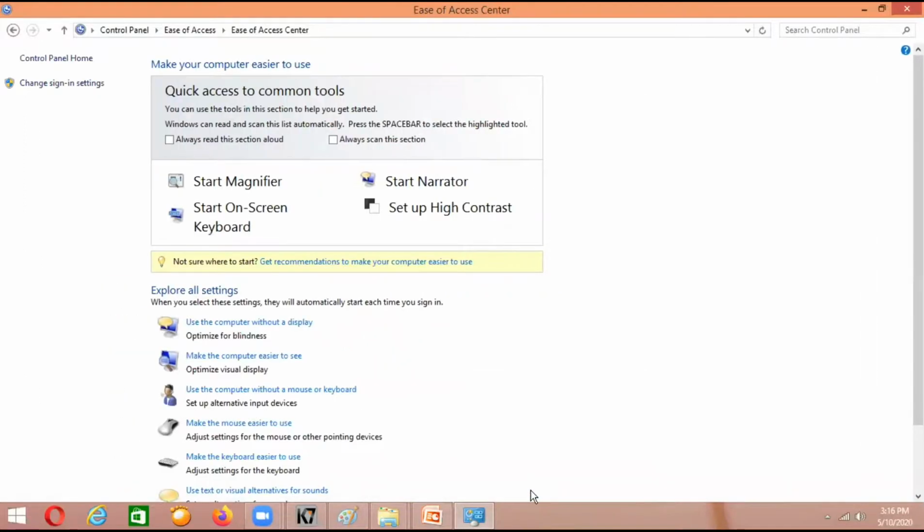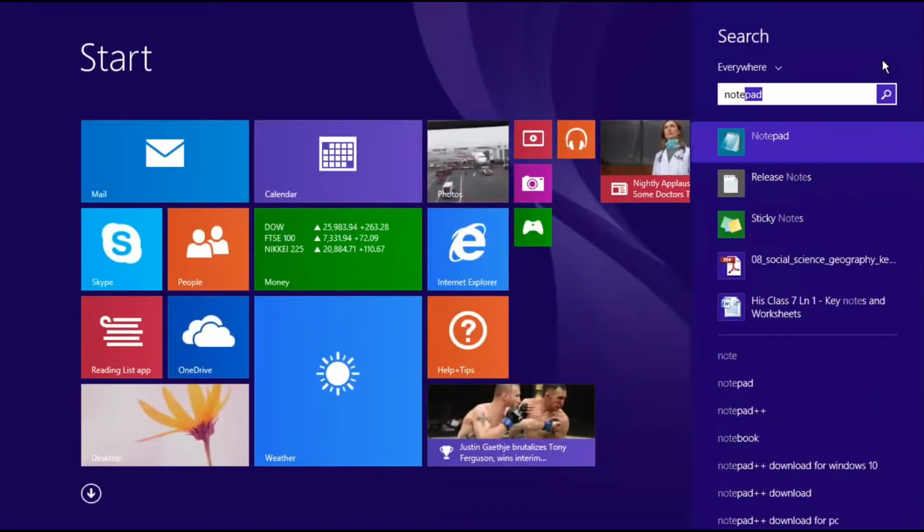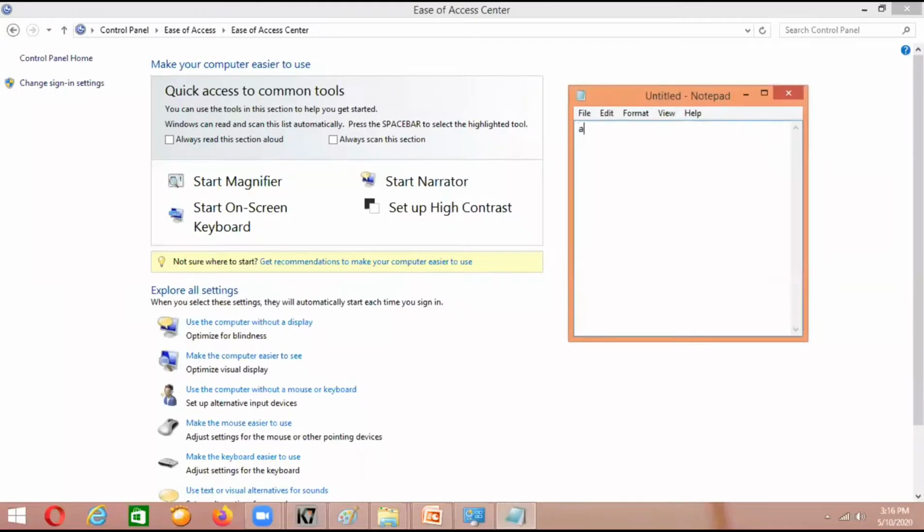And here I want you to remember that if you select any option and click just OK without clicking on Apply, the changes will not take effect. Okay, now I have enabled the sticky keys. To show you, I'm just opening a notepad here. Using the same example given in your book, I'm typing something here.